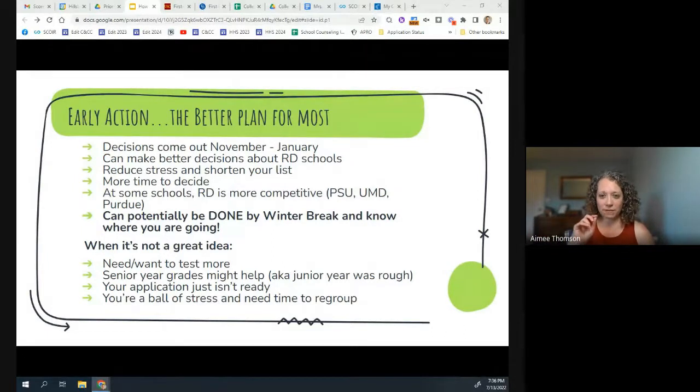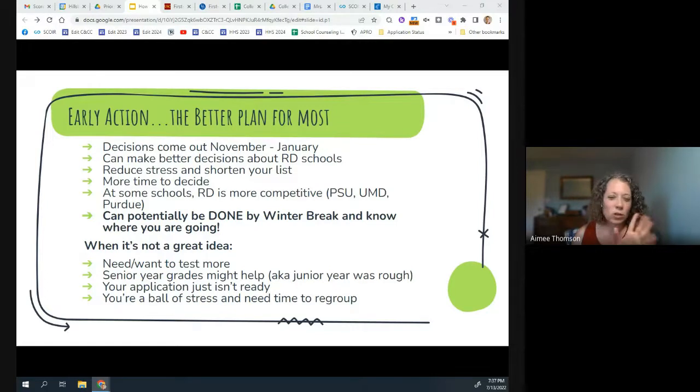Now, I said there were a couple of exceptions. There's a policy out there called single choice early action. And single choice early action applies to Yale, Princeton, Stanford. I might be missing someone. They've got this special policy where if you apply their single choice early action, you can't apply to other private schools under their early action programs, but you can apply to public schools early action. So I tell students, if you're looking to do those schools, I think Harvard has it as well. Let me know. We can look at your schools and devise a game plan and make sure you're not breaking any rules.